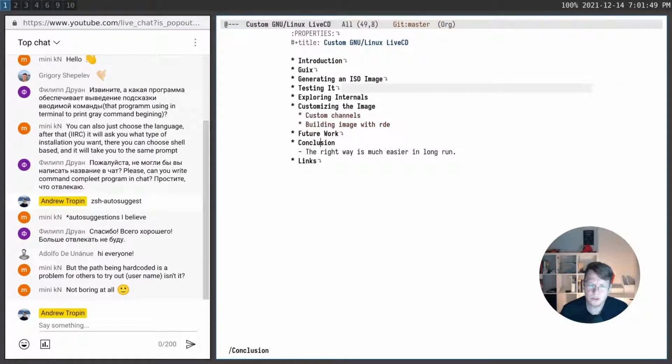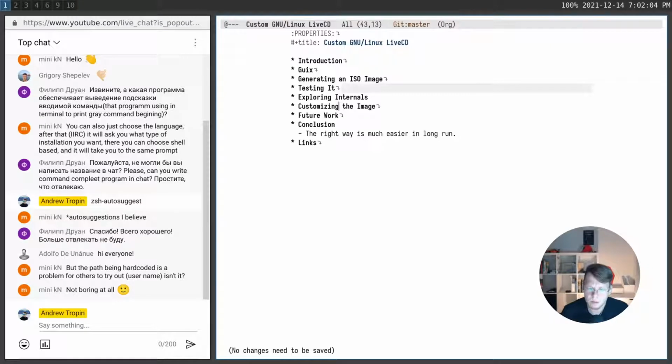And it's very interesting how a good tool like Guix allows making such a complicated task relatively simple. Probably it's not the easiest way to produce a live image of an operating system, but it's simple for sure. We just define an operating system record and generate an image from it. If we want to change something, we don't need to repeat the whole process. We just change the definition and